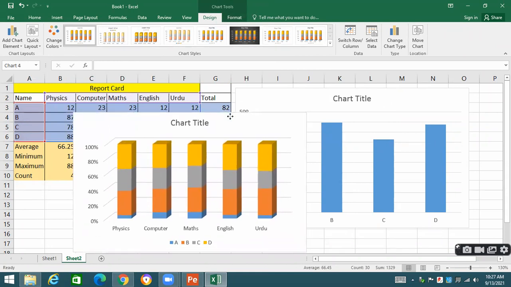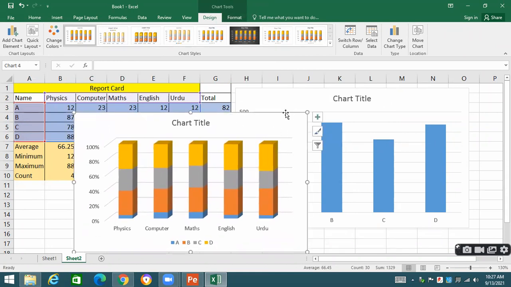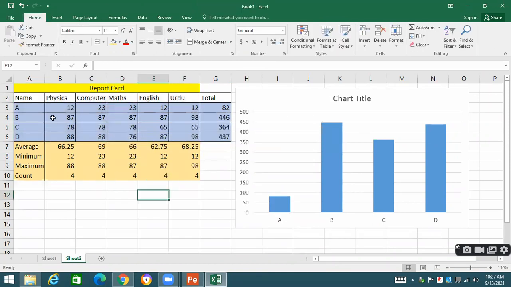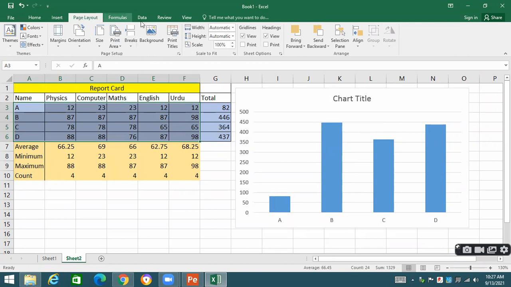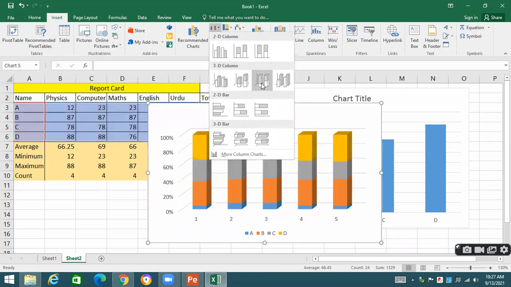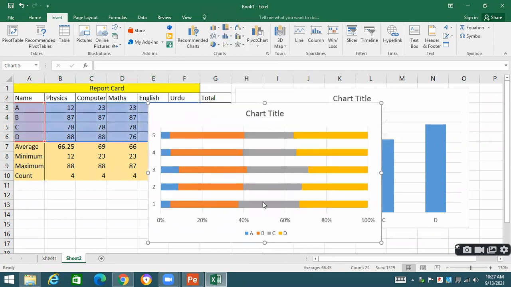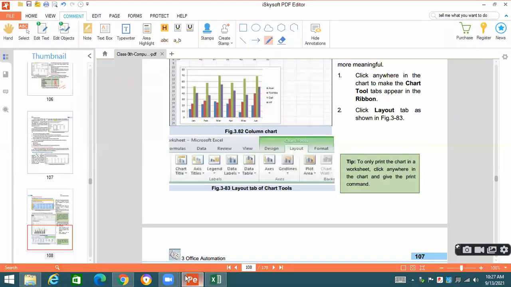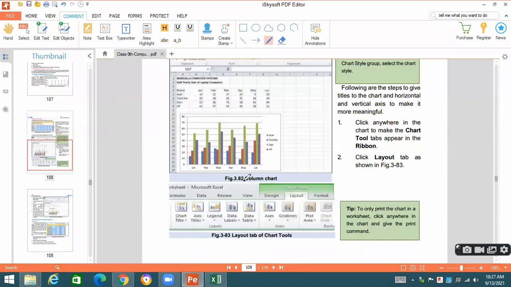But in this case, the subjects are coming at the bottom. We can take the chart according to our needs. Different designs are there. Students, this point is clear to all the students.